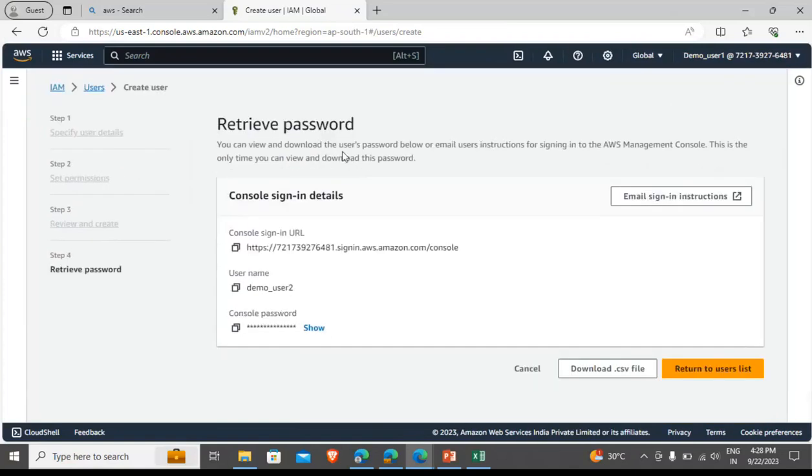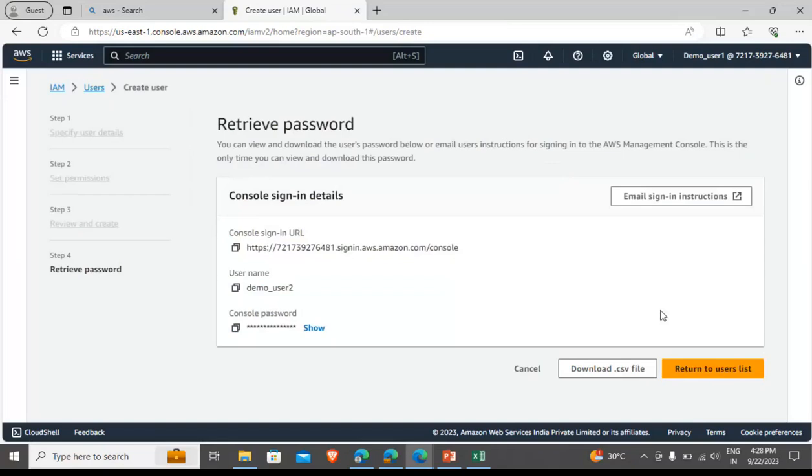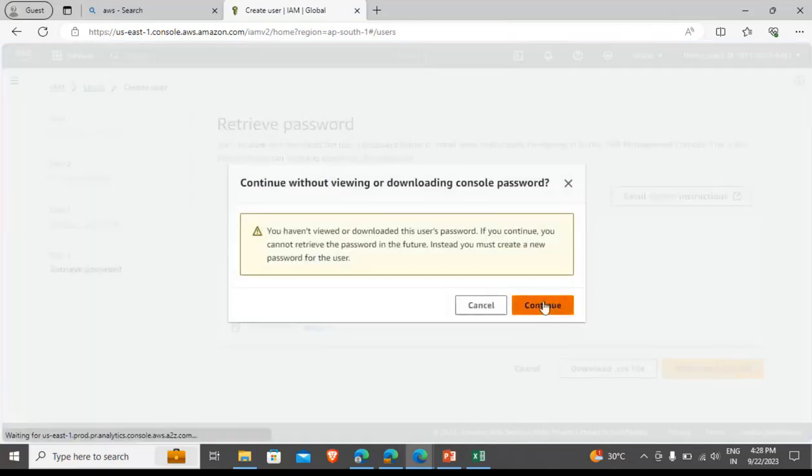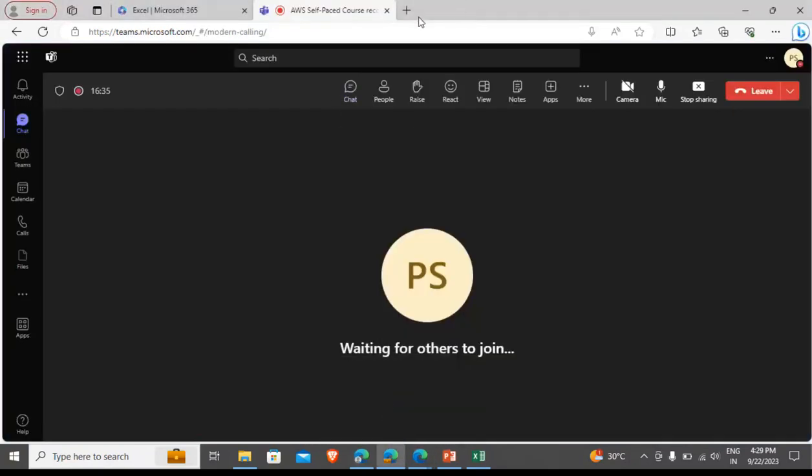The reason I'm able to create a user is the permission I gave here: I gave the permission for demo user one as administrator access. What does administrator access mean? Everything the root account can perform can be performed by this demo user one. If I want to change the permissions, suppose I'm giving